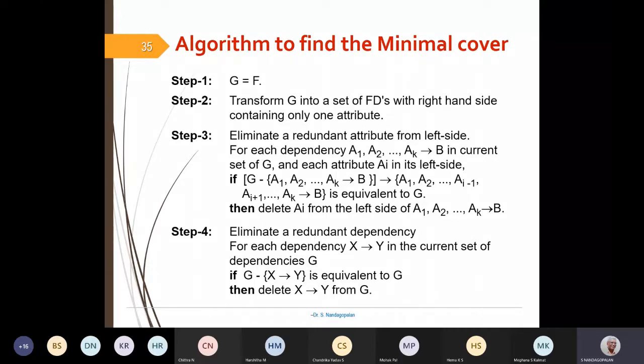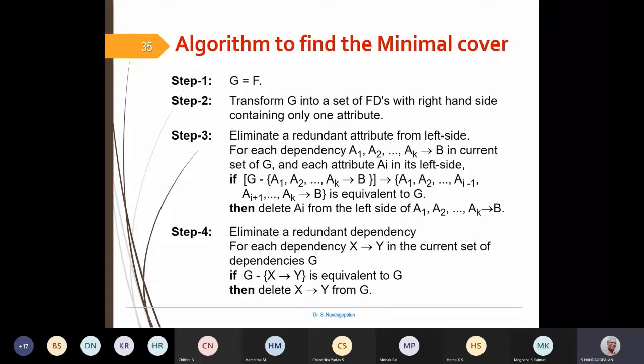So this is the algorithm for finding the minimal cover. Now recall that the minimal cover involves three conditions to be satisfied. The first condition is that in every FD, the right hand side should have only one attribute.